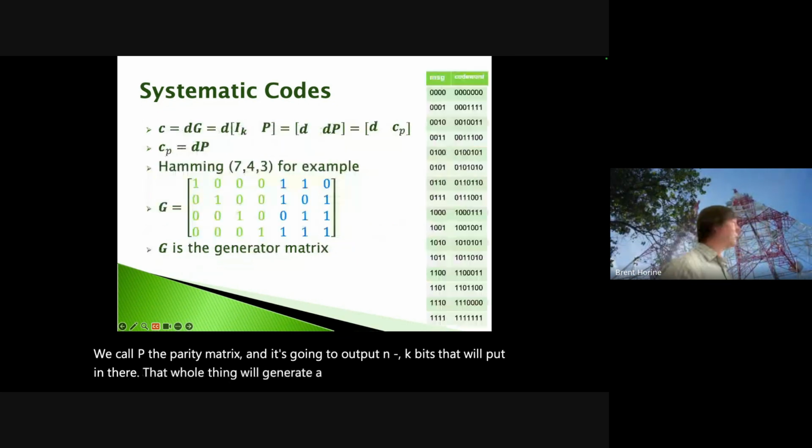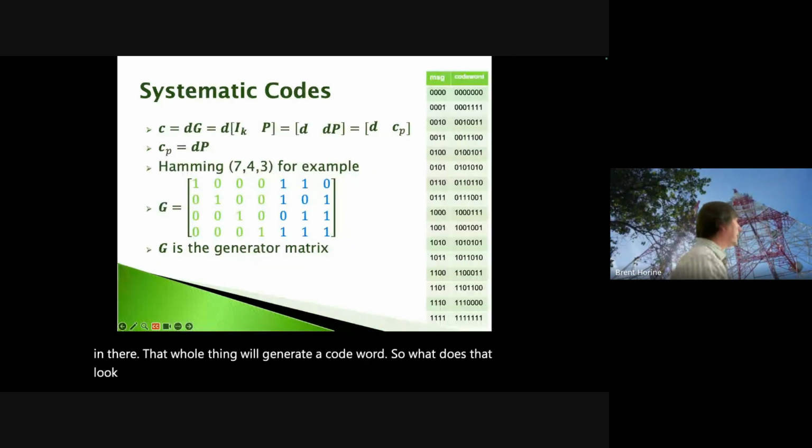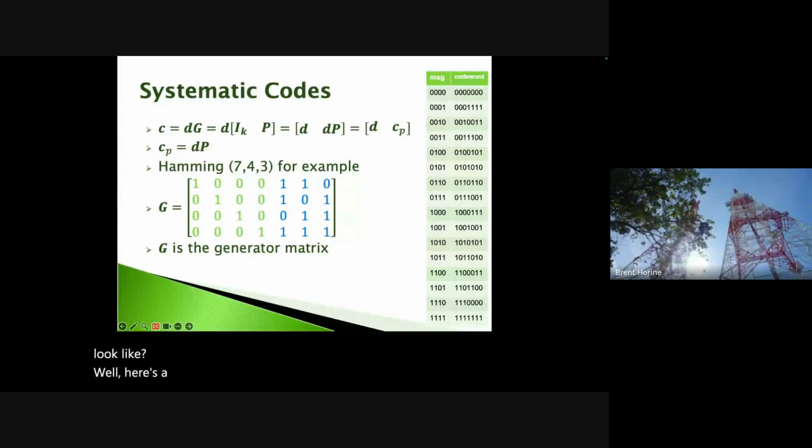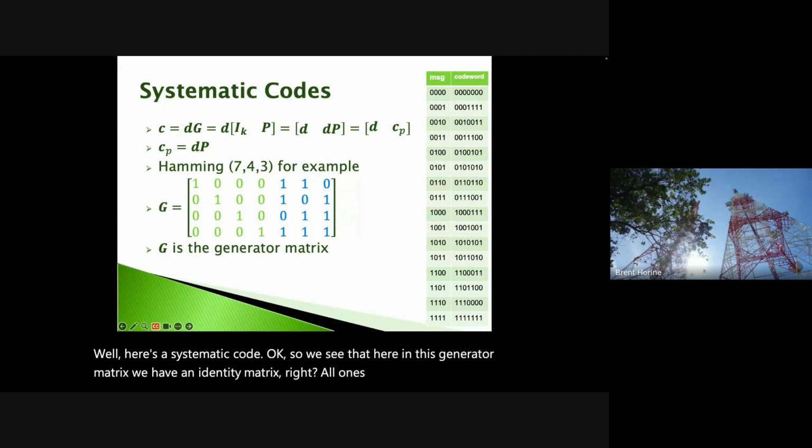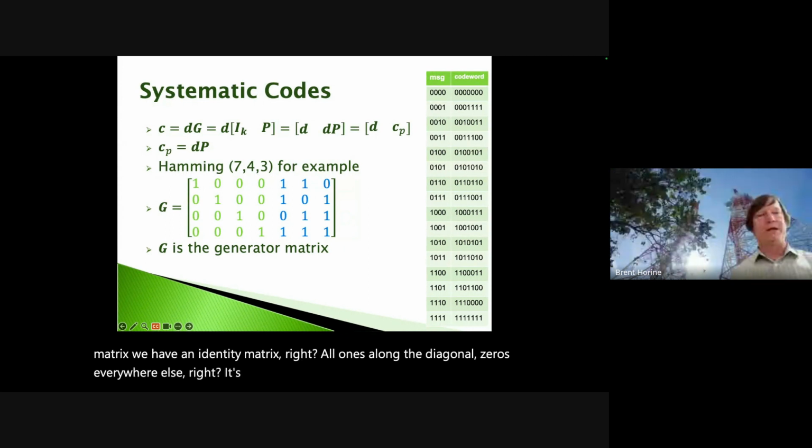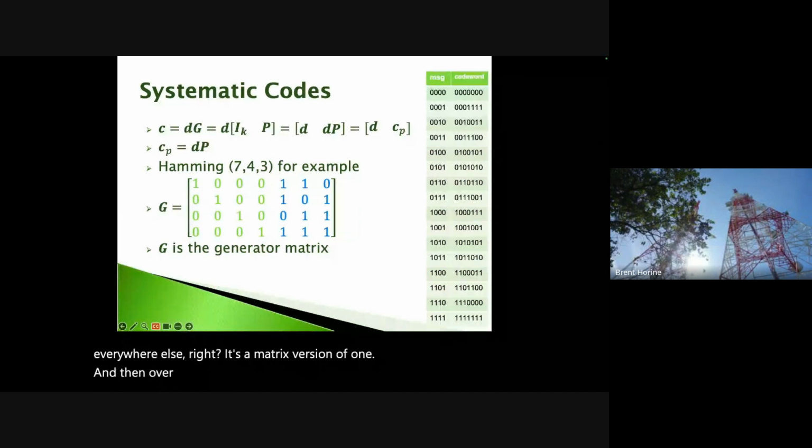Okay, so what does that look like? Well, here's a systematic code. Okay, so we see that here in this generator matrix, we have an identity matrix, right? All ones along the diagonal, zeros everywhere else. It's a matrix version of 1. And then over here, we have the parity bits, right? And